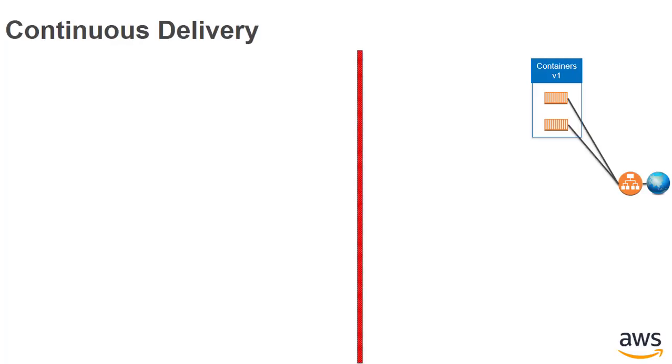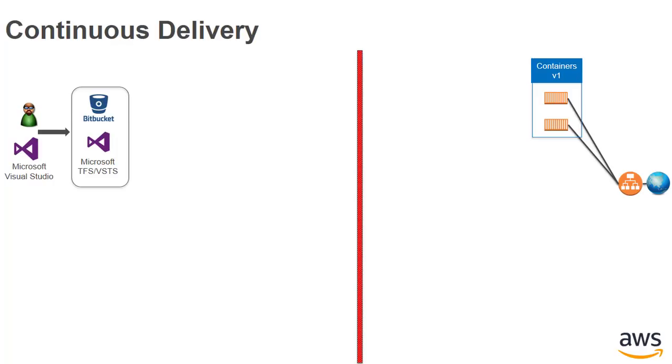So inevitably, of course, you get a new feature request, and imagine that there's a developer who builds this new feature. He's going to use Visual Studio, going to create some changes, and once he makes those changes, depending on what kind of source control system they are using, the developer is going to commit those changes into the source control system. It could be something like Bitbucket, or it could be something like Microsoft TFS or VSTS. Once the developer commits these changes into, let's say, Microsoft Team Foundation Server or Visual Studio Team Services,